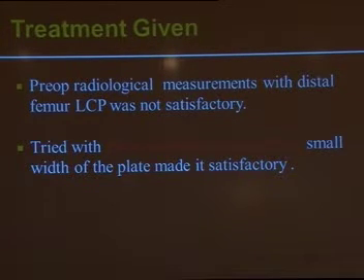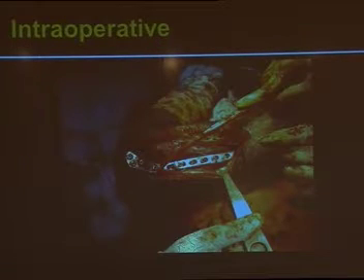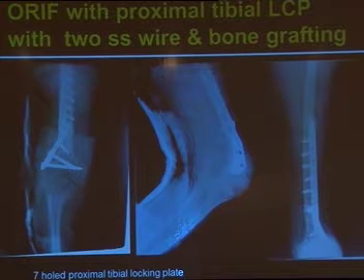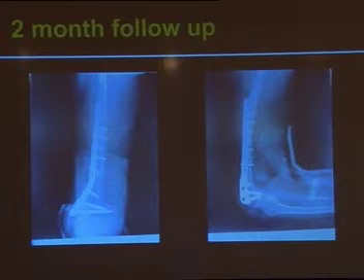So we arranged implants for other bones. For example, we arranged the proximal tibial locking plate and proximal humerus locking plate, and intraoperatively we matched the bone with the locking plates. We found that the proximal tibial locking plate was satisfactory with this bone. Intraoperatively we had a complication in positioning. Since the patient had a fixed flexion contracture, we had difficulty in positioning. Somehow we managed, and we matched the proximal tibial locking plate. You can see in the X-ray, it matched almost exactly with the bone. This is a 2-month follow-up.